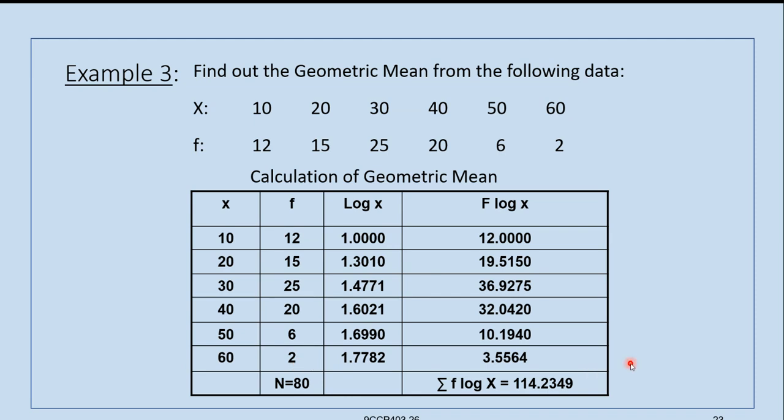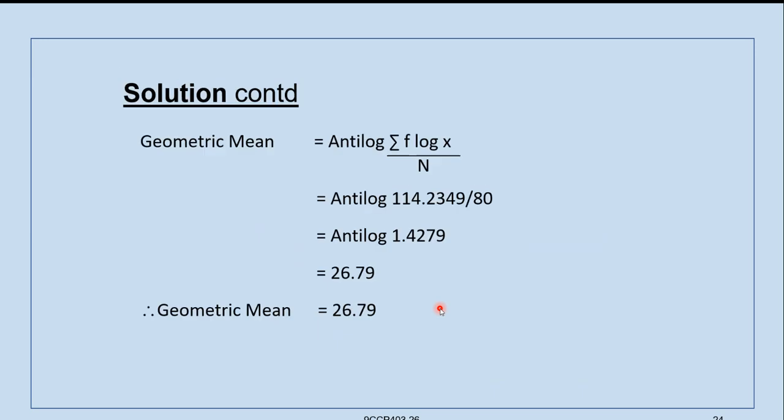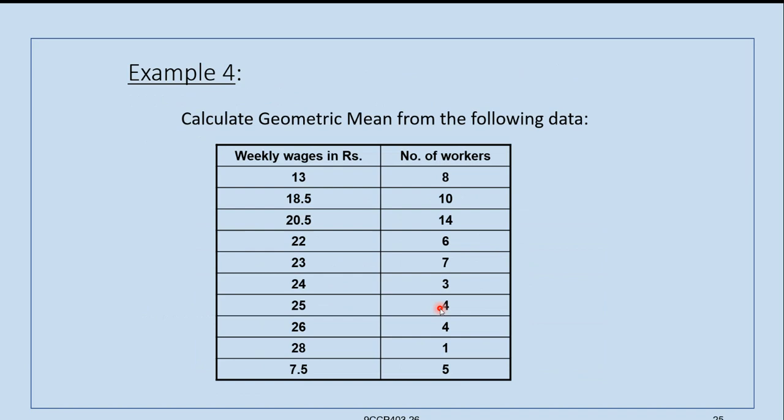The same method is followed even in the continuous series. But in a continuous series, what we take is the midpoint of x. Everything else remains the same; if you take the midpoint of x, the table looks like this only. But please remember, you do not have a direct method or shortcut method. We have only one method, that is this one. Taking another example, calculate the geometric mean from the following data.